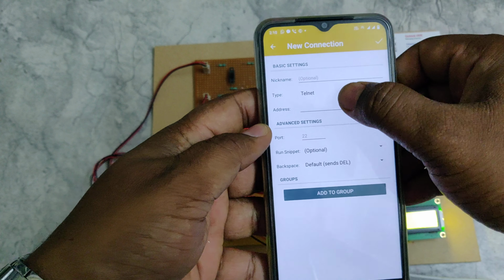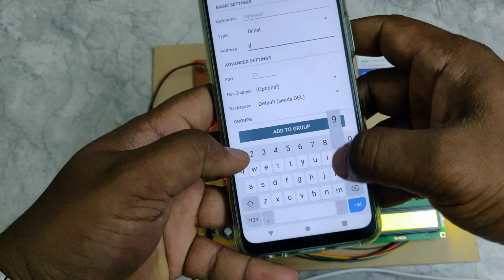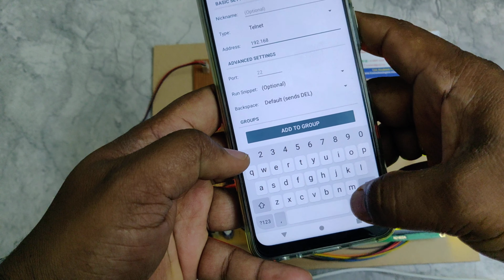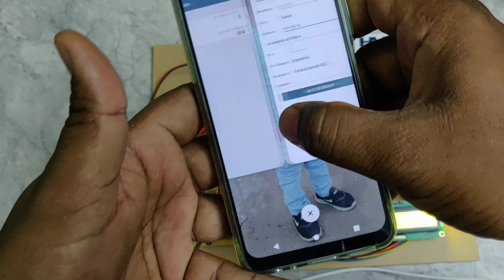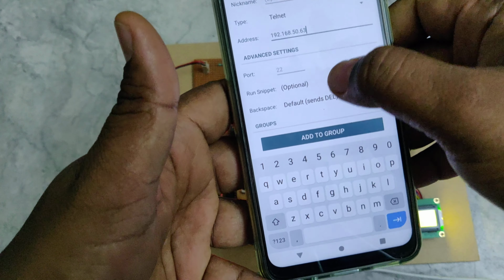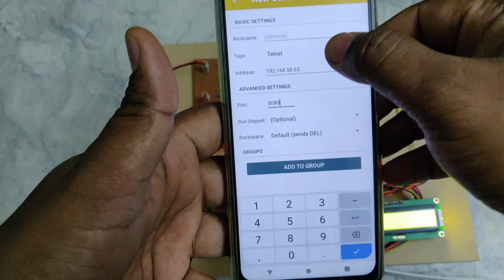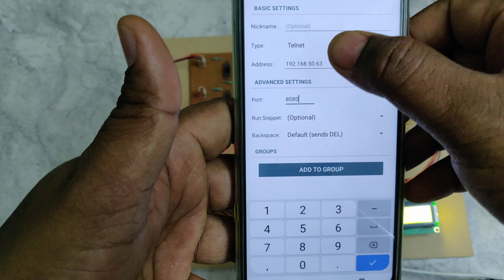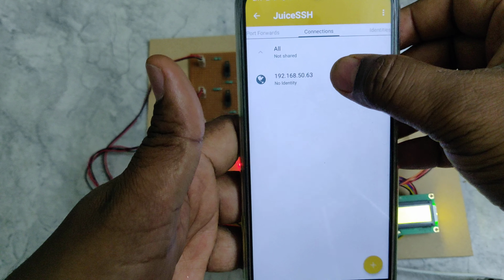Here, first change the type to telnet, the address is 192.168.50.63, and the next change is the port, 8080. These three changes are very important: type telnet, address, and port number. Then click OK.